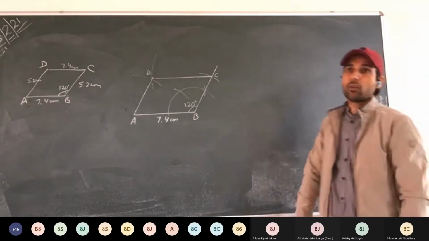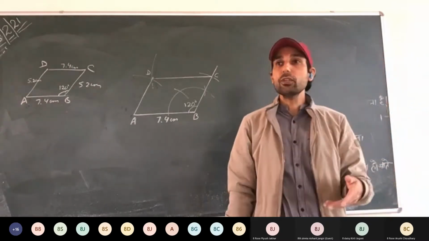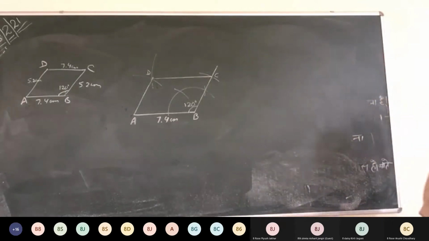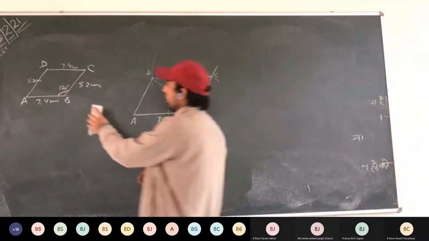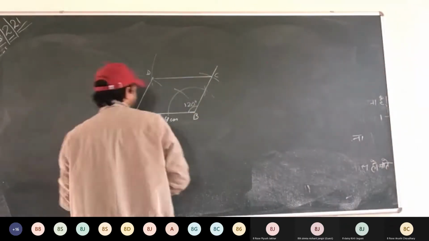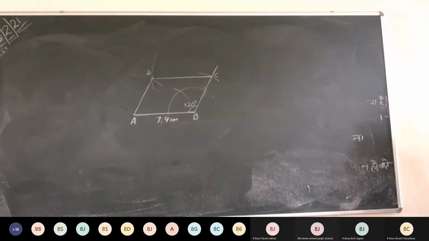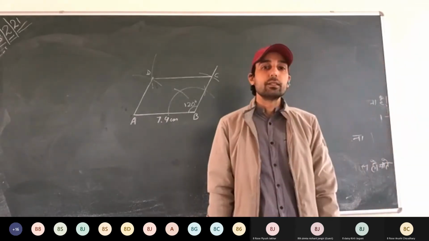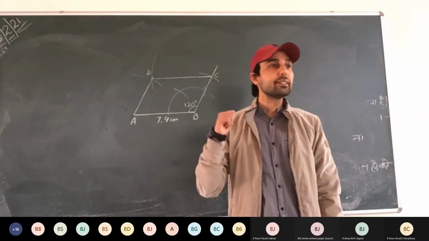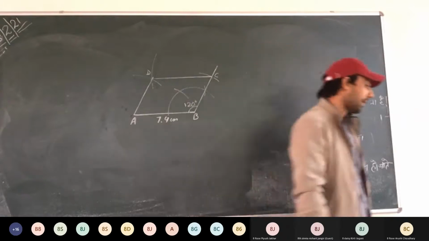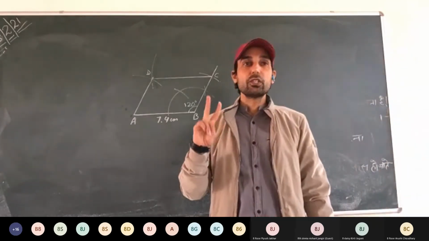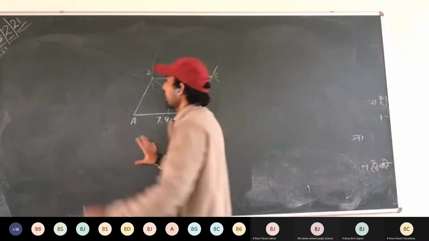First, read the question. What is given, then find, then try to speculate how we are going to draw it. So first, draw the rough figure. AB, BC, AC. See here, AB and BC are sides of the parallelogram, whereas AC is the diagonal. So two sides and one diagonal are given.